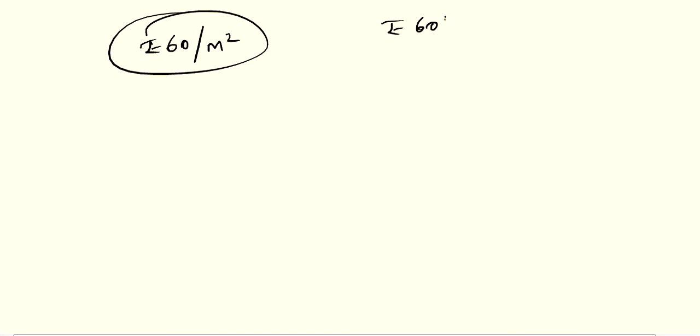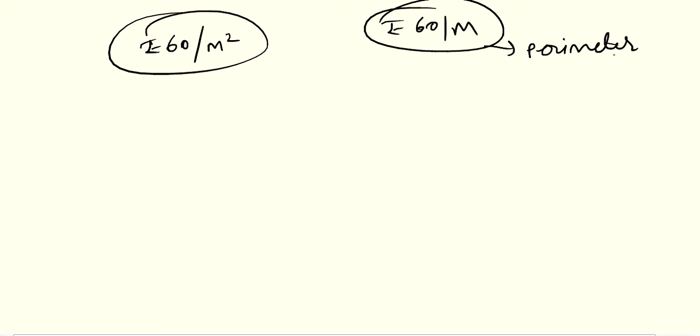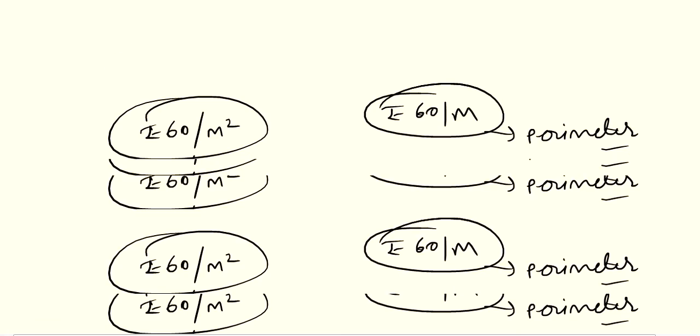Question number 5 you can solve, that is the same as question number 3. The only change is what? First you have to find length and breadth, then multiply that length and breadth, you will get area, and at the last the cost is given as rupee 60 per meter square. Whenever you have cost as rupee 60 per meter, it means you have to multiply the perimeter with that value. If you have 60 rupee per meter square, it means you have to multiply that value with the area. Okay.